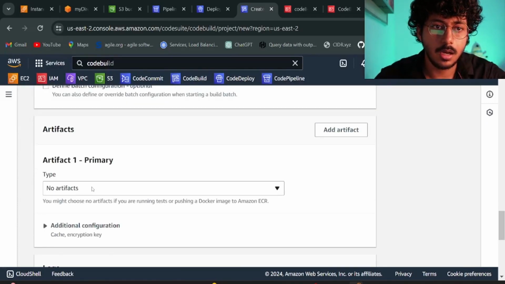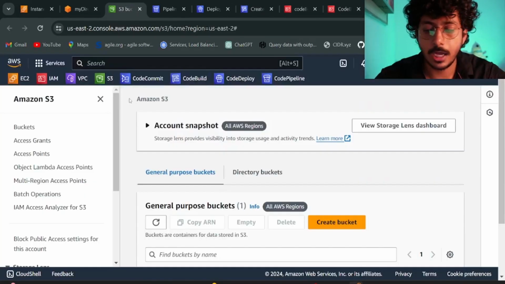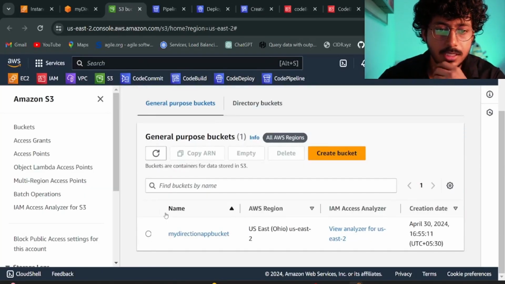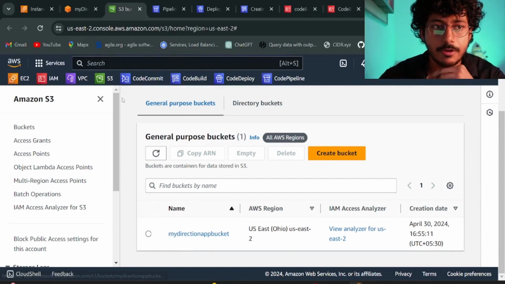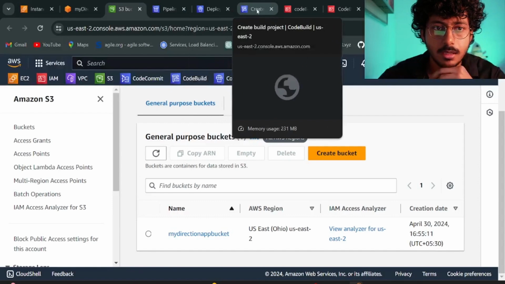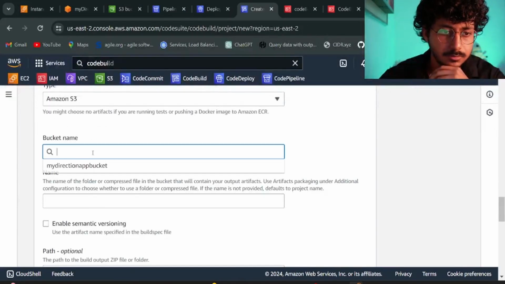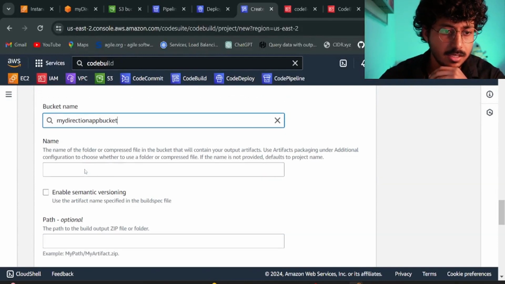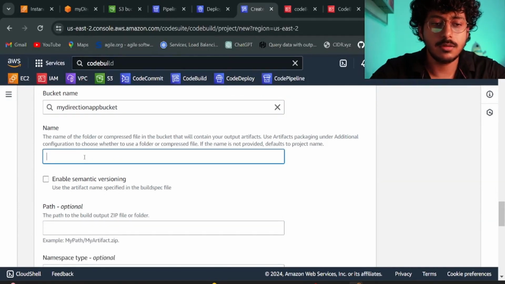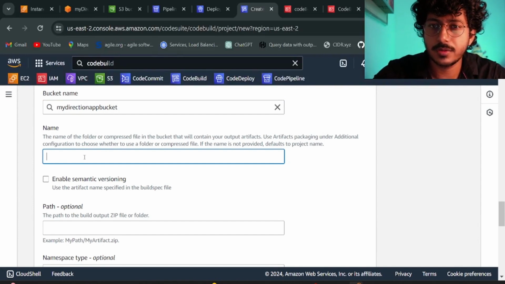Artifacts. Let me show you. I have created one S3 bucket. Here you can see my direction app bucket. So I will be giving this bucket as an artifact. Amazon S3 bucket, my directional bucket app. For the name of the file in which we are going to store our artifacts, I will be naming it as artifacts